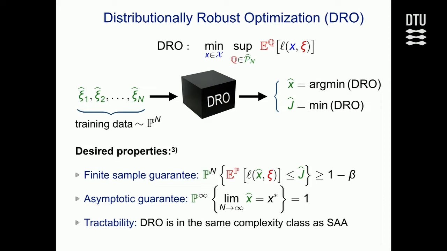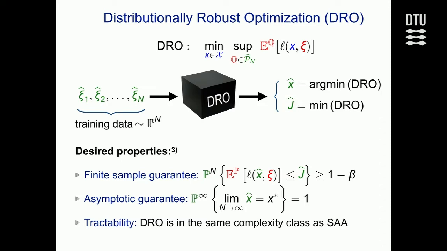So I would like to propose now to put some other method into the black box, which is a method of what we call distributionally robust optimization. Here, we formulate an optimization problem that can be interpreted as a game between the decision maker and some fictitious adversary. You can think of this adversary as nature. What we actually do is we take our training samples and we use these training samples not to construct a single distribution that should approximate the unknown true distribution.